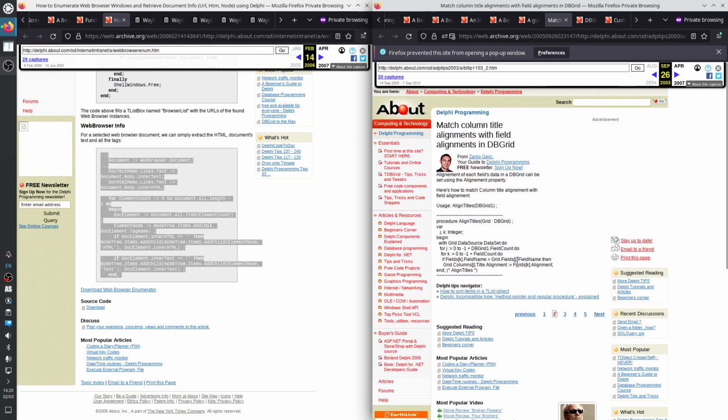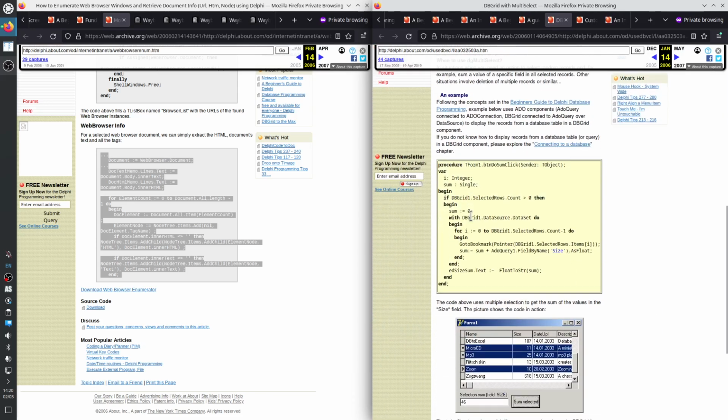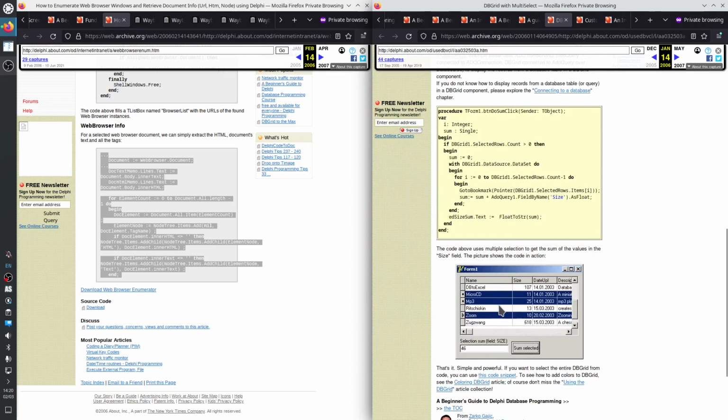Great. DB grid with multi-selection. Control click.